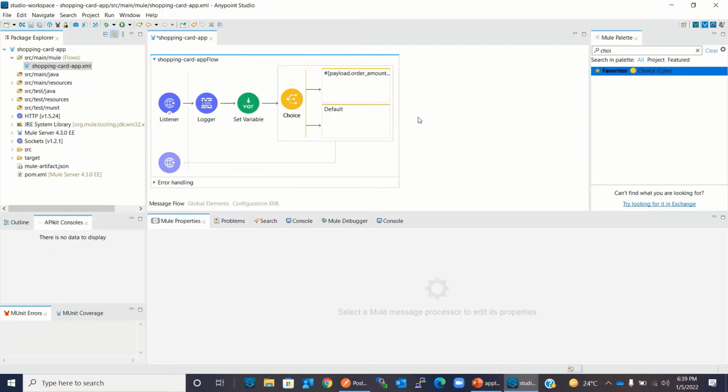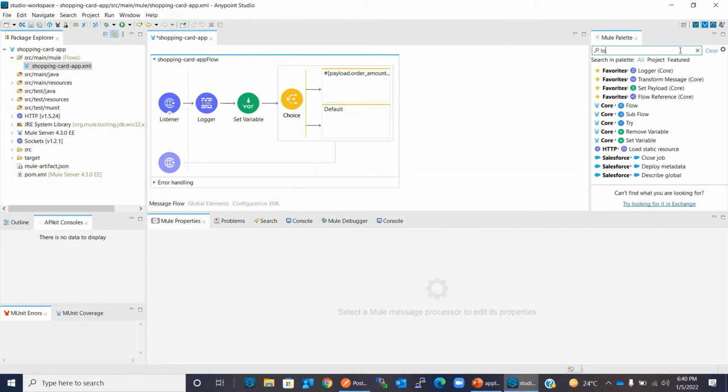First one, if the order amount is less than or equal to the credit limit, then I want to set a message that sufficient credit limit exists. And if the order amount is greater than the credit limit of 10,000, then I will raise the error.